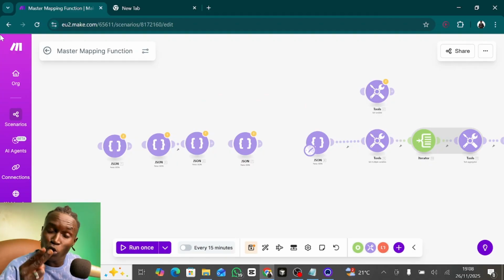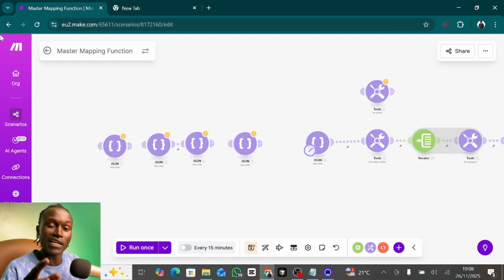Today I'll take you through all you need to know to master mapping in make.com. Quite a powerful skill, I have to say. You don't even know. I'll use practical examples, so by the end of the video you're a mapping guru. Let's jump into it. Before getting started, there are two important things that you need to know before understanding